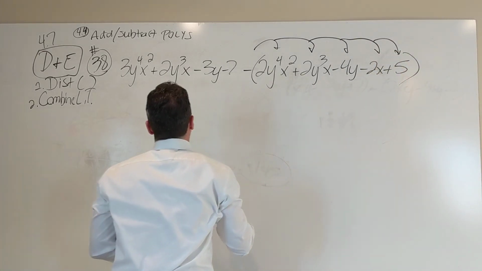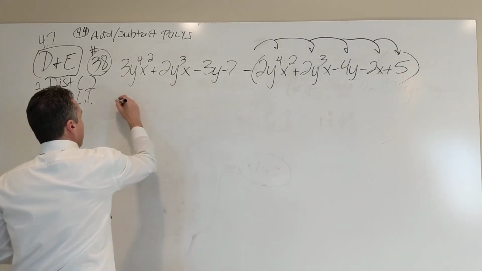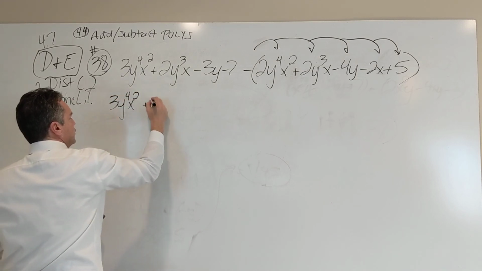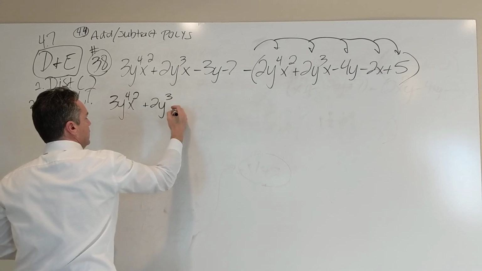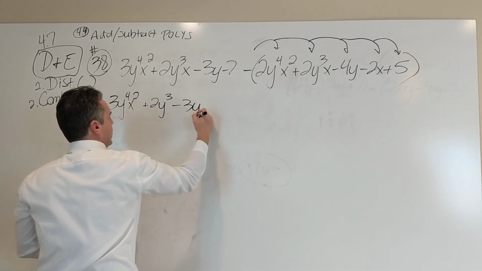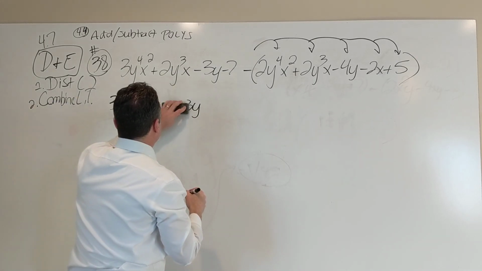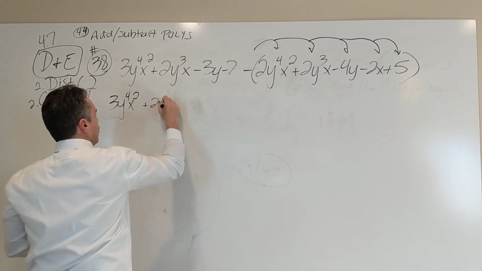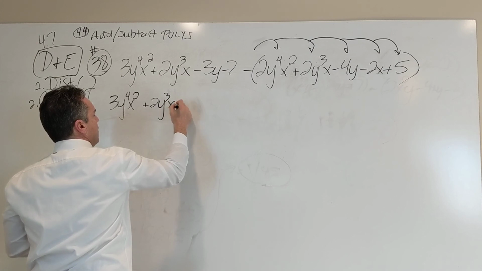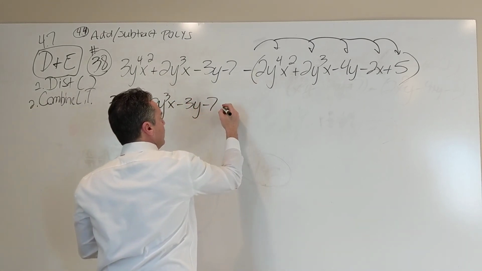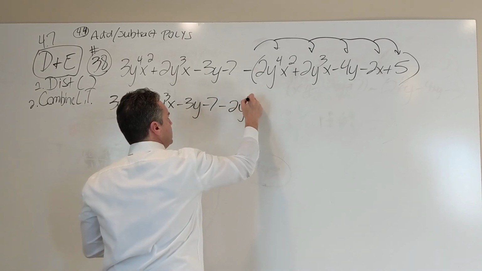So this will end up being, if we were to rewrite all of this, 3y to the 4th x squared plus 2y to the 3rd x minus 3y, x, thank you. Diamond Dave keeping us honest here. Let's just do that really quick. 2y to the 3rd x minus 3y minus 7, and then we'll have minus 2y to the 4th x